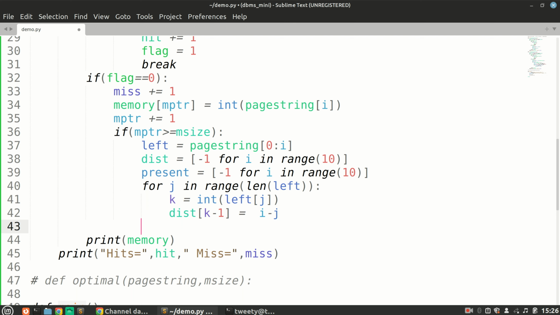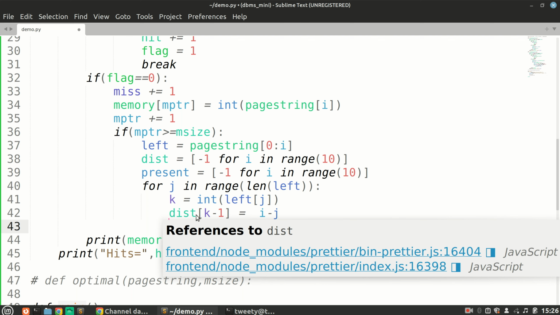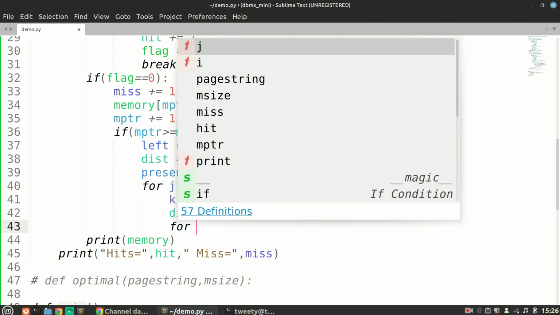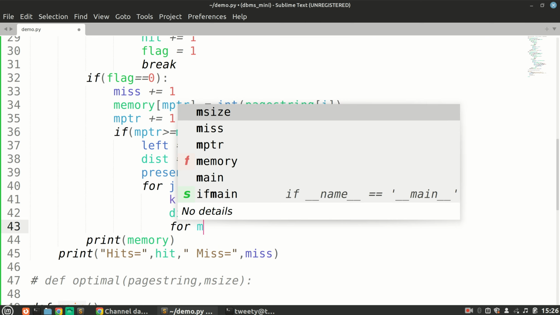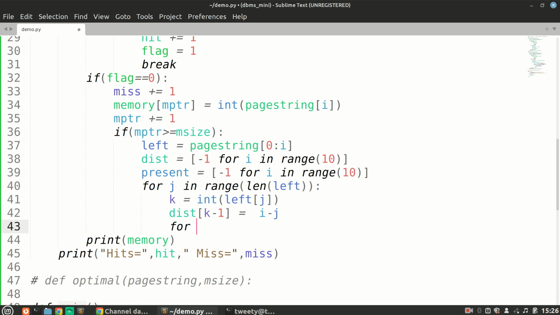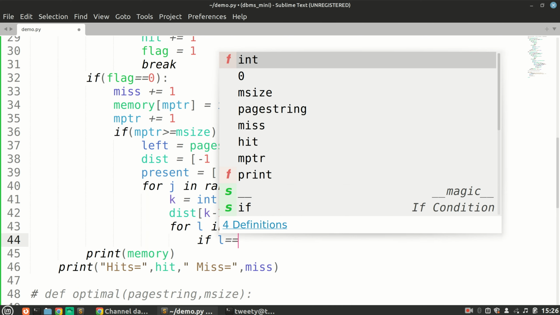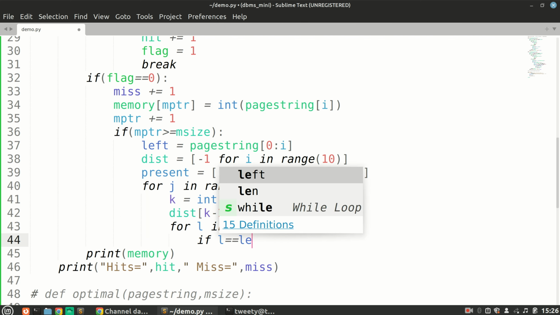Do we need to do that again? We can do that in the same loop as well. We'll check whether it is present in the memory, so we'll run a loop in our memory for anything, let's say L in memory. If L equal to left of j,